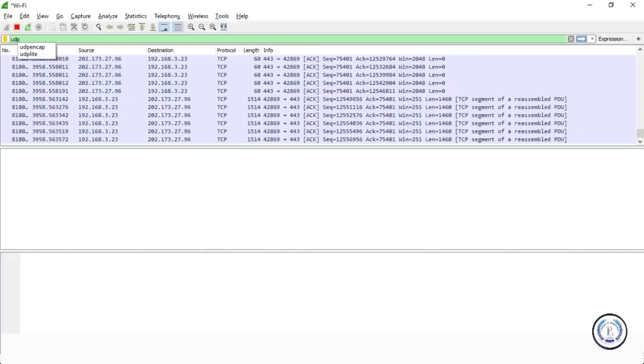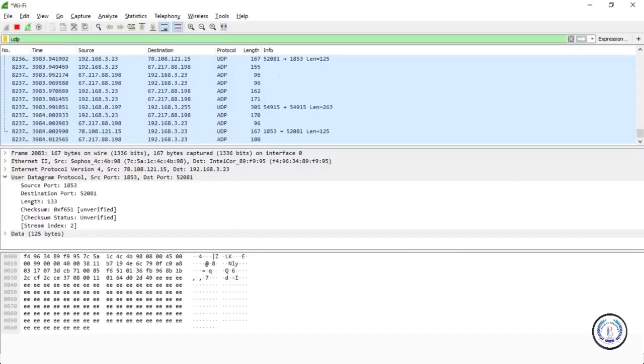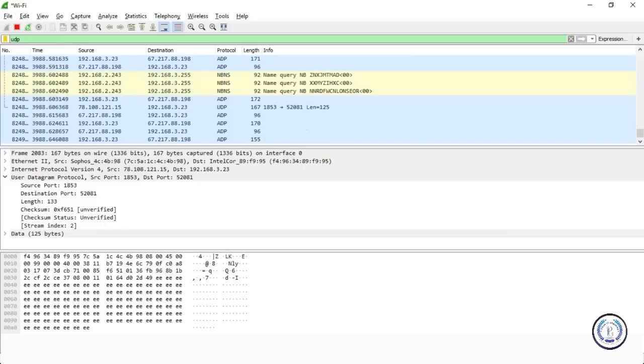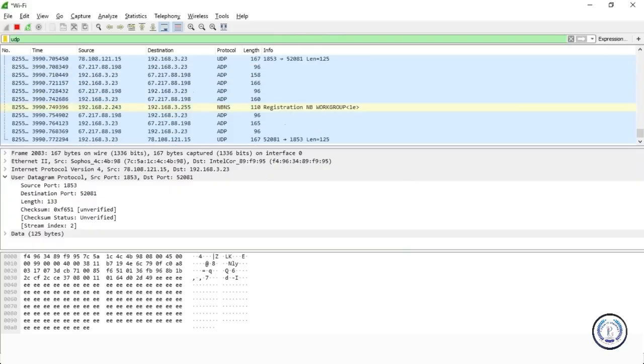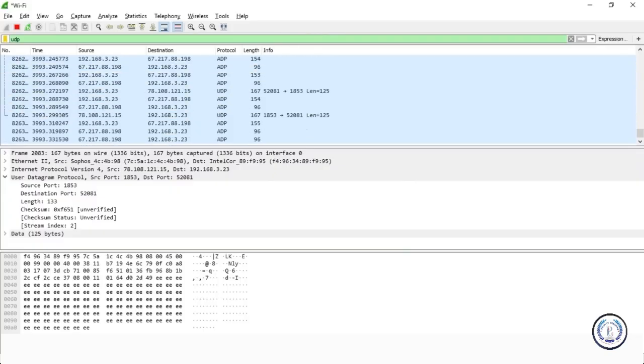UDP is a protocol in the TCP/IP suite of protocols. It's in the network layer, that's the network layer in the OSI seven-layer reference model. The IP network layer carries the IP address, and that has information about how to get packets to their destination. The transport layer sits on top of the network layer, and that carries information about how to differentiate network layer applications. That information about how those network applications get differentiated is in the form of ports. So the transport layer has ports and the network layer has, in this case, an IP address.